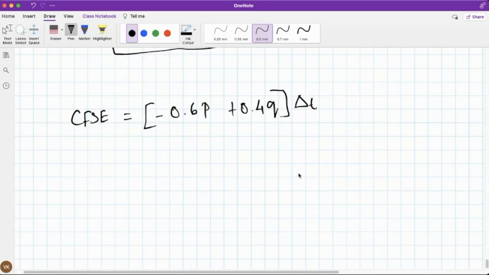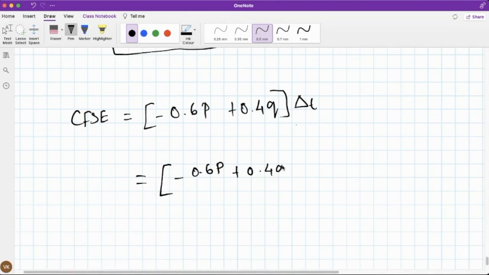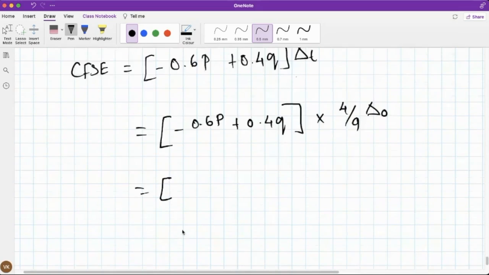Then to convert that into delta naught, you calculate this and multiply by 4/9 delta naught. So either you calculate like this, then instead of delta T you put 4/9 delta naught,